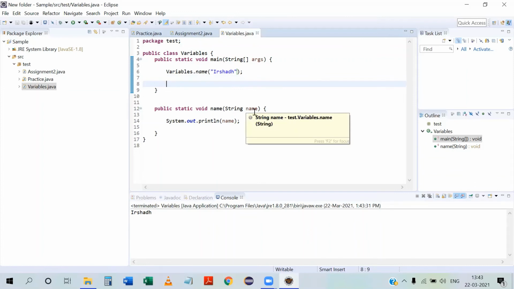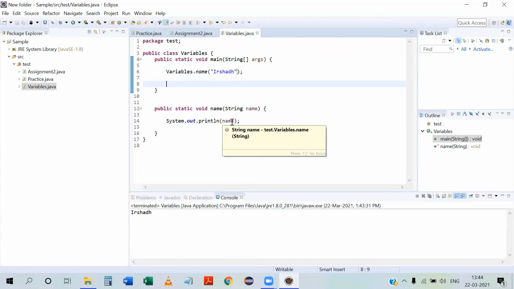Now what we did is we have created a function. We have passed some parameters inside it, and we are passing some values to it, right? So we have to design this so that it will print the name, a string, or anything. So do this one.